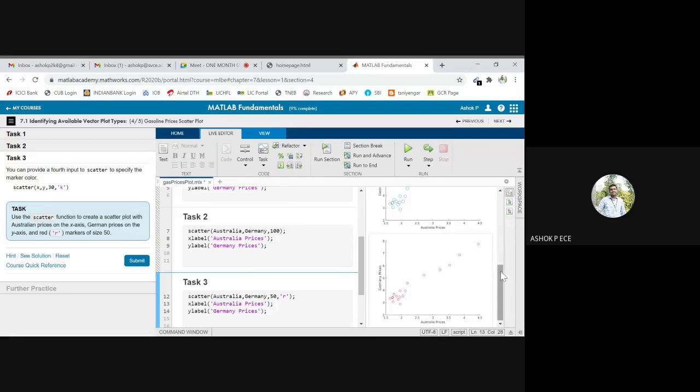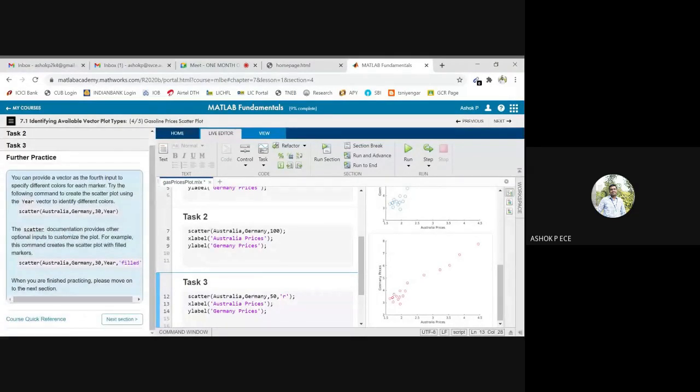Yes, how beautiful the plot looks. Small circles of red color, circumference is red in color. The plot is going to be the same. We'll submit and see whether the answer is correct. It should be correct because we got the answer right. Yes. Next task, you see, we have